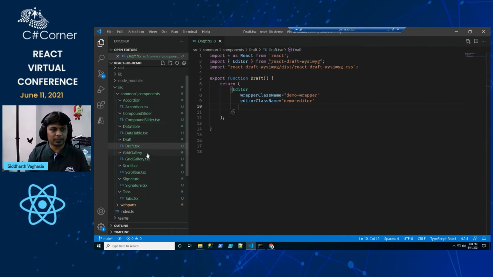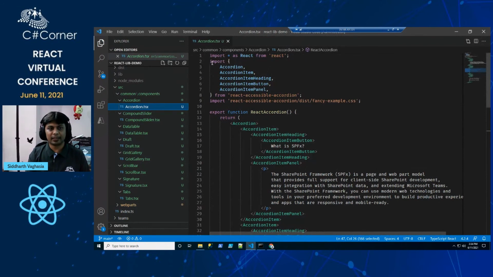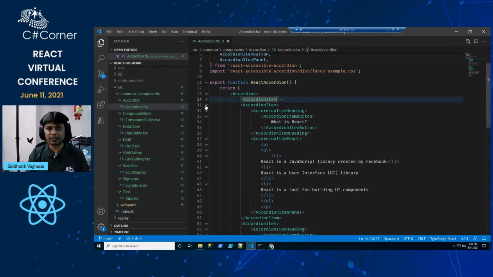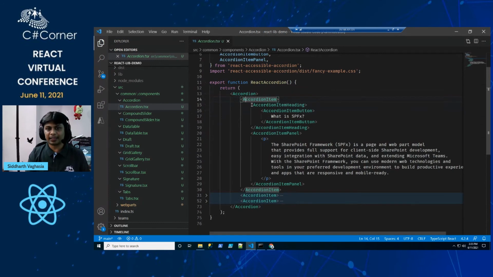Now if I go to the implementation, I'll say go to accordion, right? I will import all the components which would be used. So how do you know that you have to use a specific format, like for example, you start with accordion, then within accordion you need accordion item? All is available in that documentation. You just have to follow it and you will understand what every component means. Here, if you see, accordion is the base tag. Within accordion there is accordion item, which means there would be three accordion items, one for each of the accordion items which we have seen as part of our demo. And then there is an accordion heading.